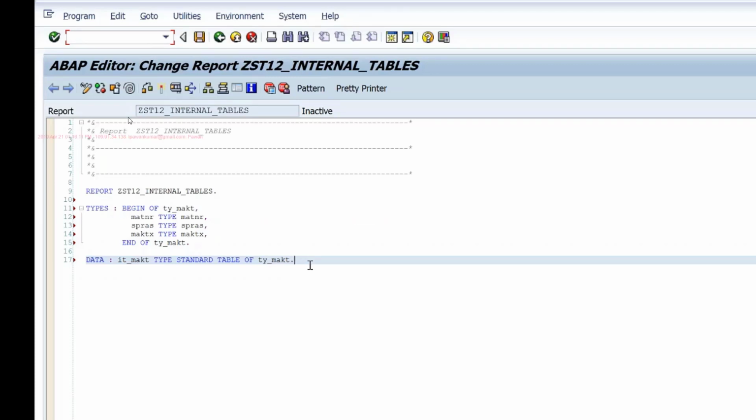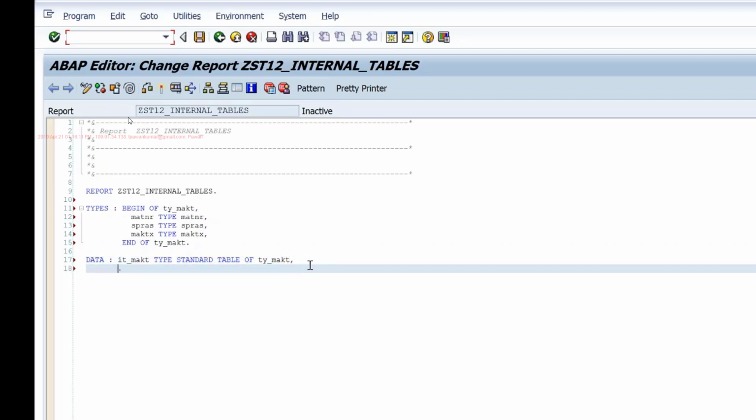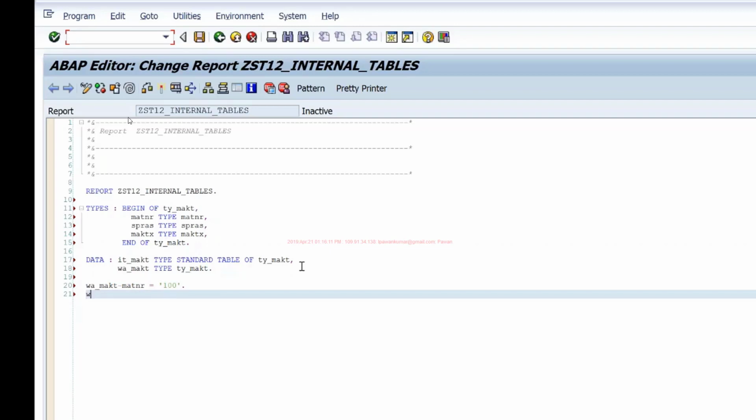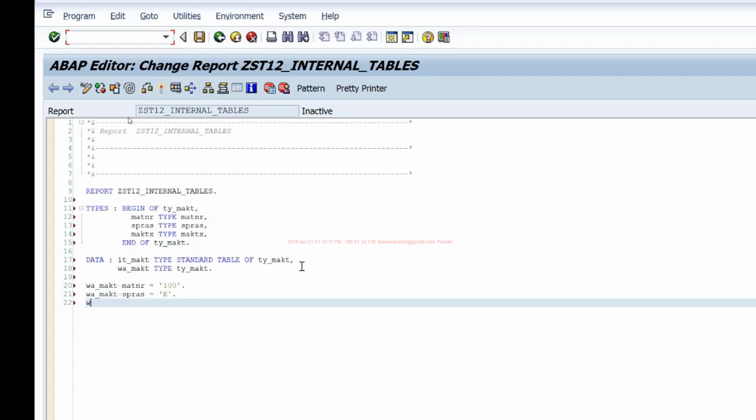For example, if I define a work area for this, and if I try to put some data in this internal table by filling this work area first, for example, let's say WA-MAKT matnar, WA-MAKT spras, let's say E, and WA-MAKT MAKTX equals to test.